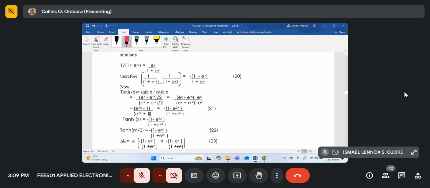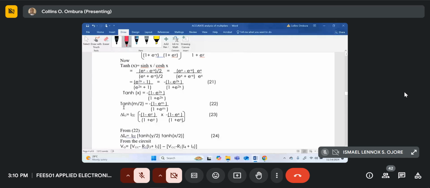In the denominator, I've just started with putting 1 on the left-hand side. And therefore, tan hyperbolic x can be written as equation 21 here. In equation form, tan hyperbolic x is minus, in brackets, 1 plus e to the 2x, divided by 1 plus e to the positive 2x. And since I'm going to use it in this form,